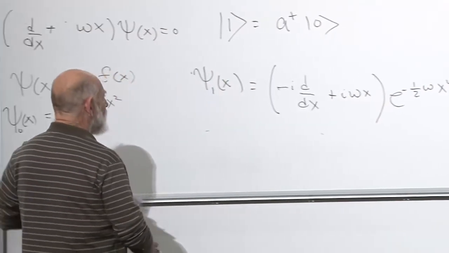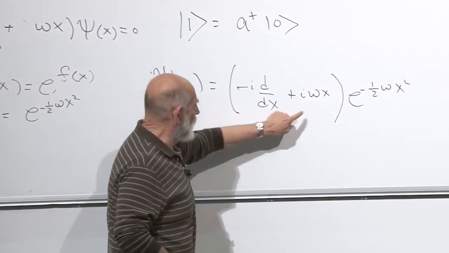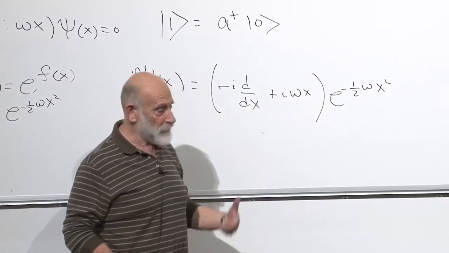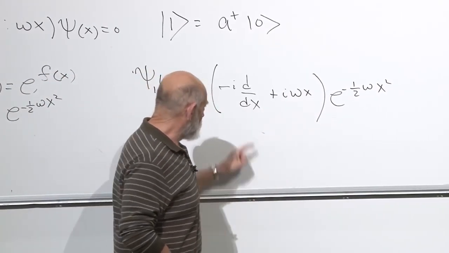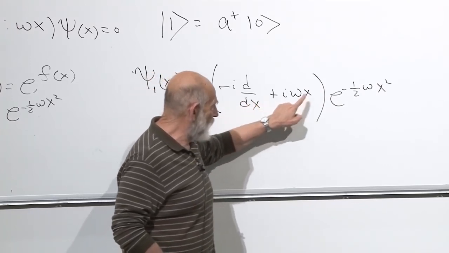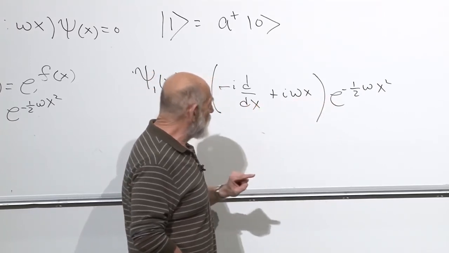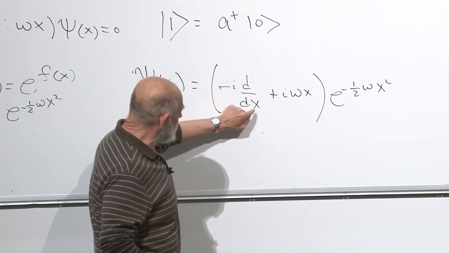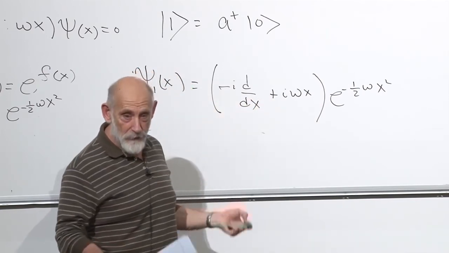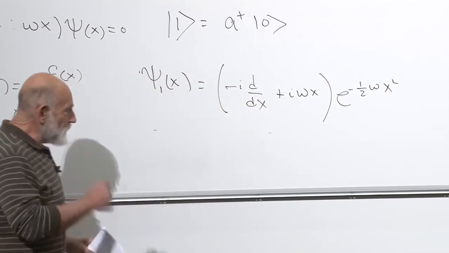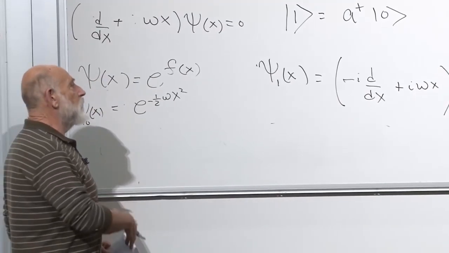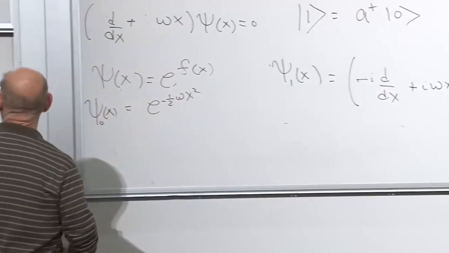Go back. I did this operation on here and got 0. That's the way I solved the equation. All right, so if this plus this acting on this gives 0, then it must mean that this term and this term give the same thing apart from a sign. Well, once I know that, then I know that when you change the sign of the